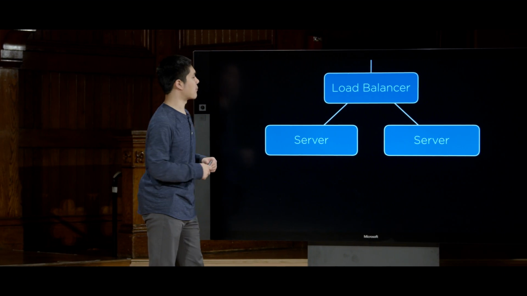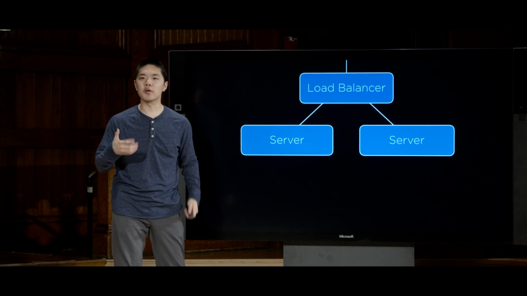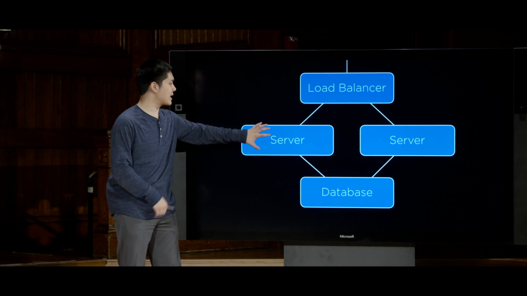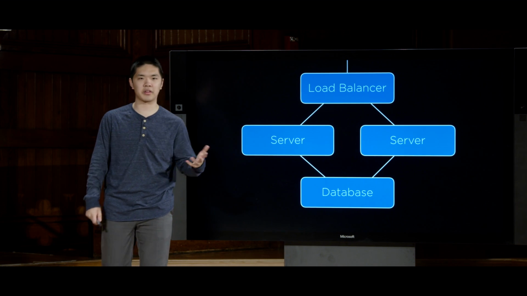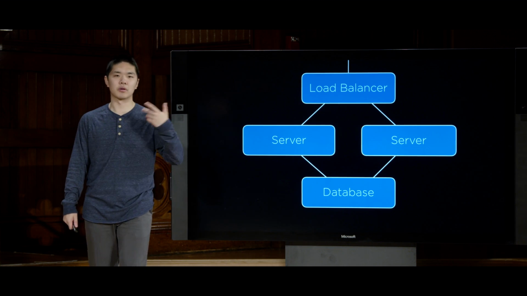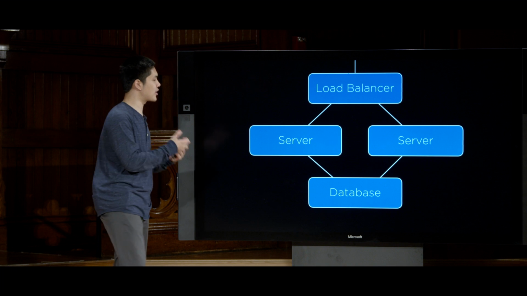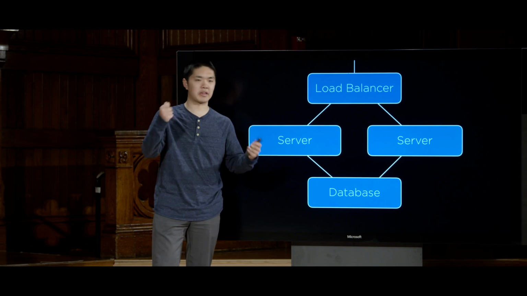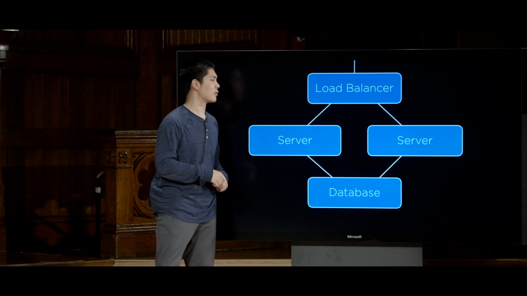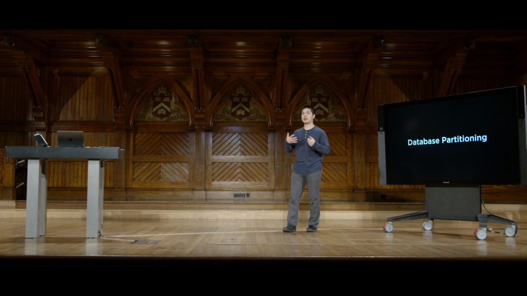In this picture, for example, you might imagine a load balancer that is communicating with two servers, but both of those servers need to be communicating with this database. And much like any server can only handle some number of requests, some number of users at any given time, databases, too, can only handle some concurrent number of connections at any given time. And so we need to begin to think about how we scale these databases as well in order to be able to handle more and more users. Now, the first thing we might try to do is something called database partitioning,